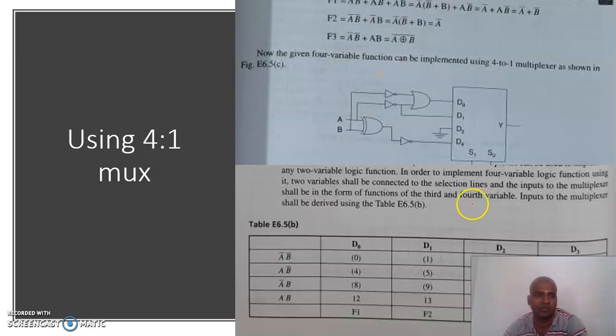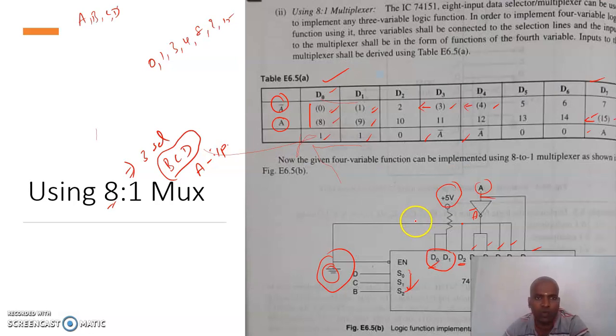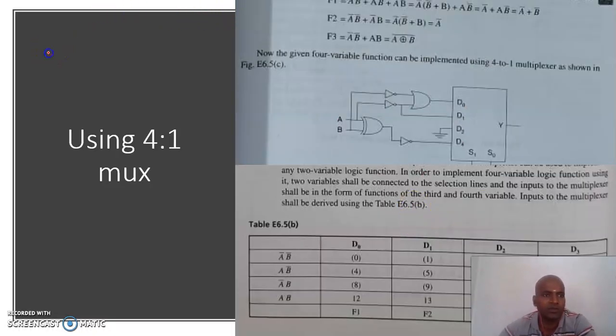Okay, and the next design. So now the 4x1 mux, the same concept, that is the same values 0, 1, 3, 4, 8, 9, 15. So 16 given, that is A, B, C, D are used, but now our design is a 4x1 mux. So for the 4x1 mux, 2 selection lines are needed. So I'm going to consider this CD as selection lines, and this AB as inputs. So AB as input means 4 possible combinations, that is 00, 01, 10, 11. Okay, so 4 inputs, 2 selection lines.